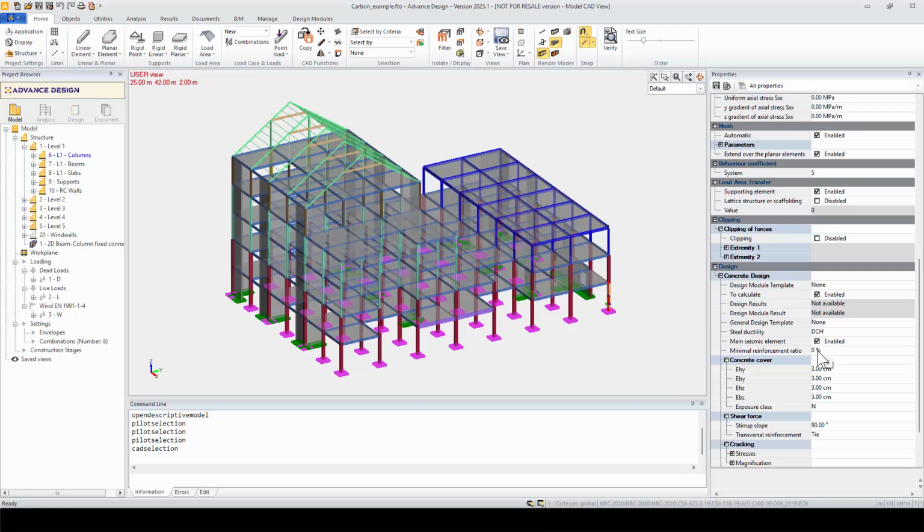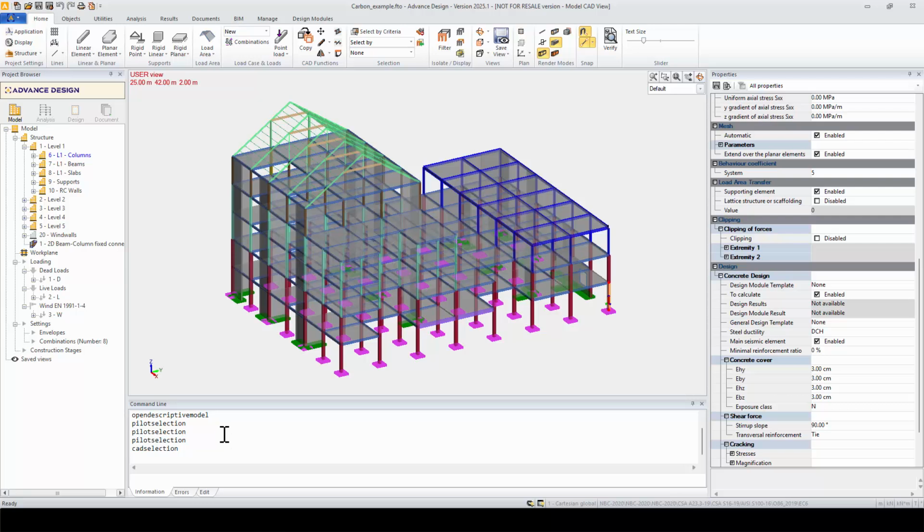And finally, here at the bottom, we have our command line. You are also able to use this command line to put in some input as text. Advanced Design can accept those kinds of inputs. And also, if you have any kind of warnings or errors, all of those will be displayed here in our